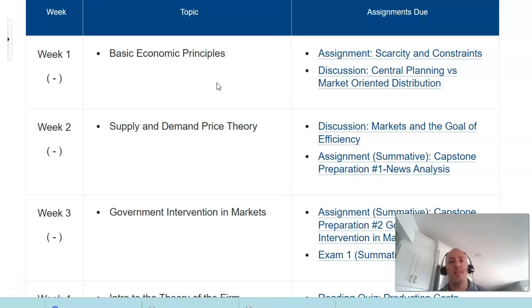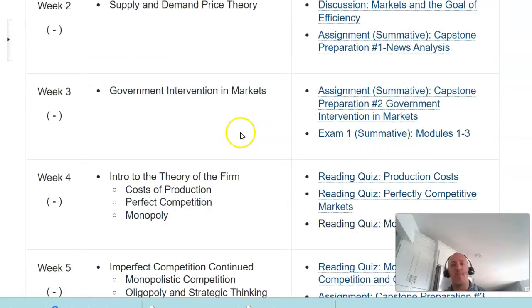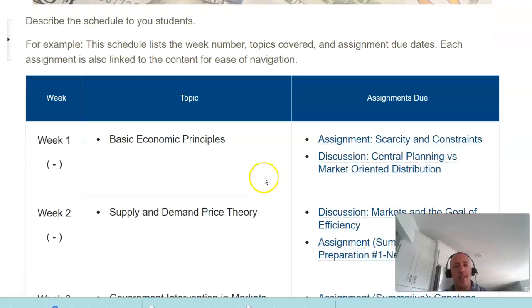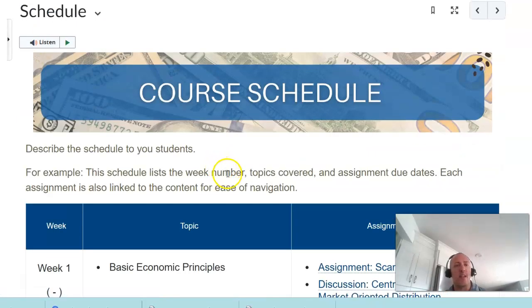For all assignments, except for the class discussion, they will be due on Sunday at 11:59 p.m. For the class discussions, I would ask that your initial posts are uploaded by Thursday at 11:59 p.m. That will give your classmates almost 3 total days to respond or reply to you. So every other assignment will be due Sunday at 11:59 p.m., and you're expected to get feedback within 1 week of the due date. Again, those will be directly linked in your course schedule.